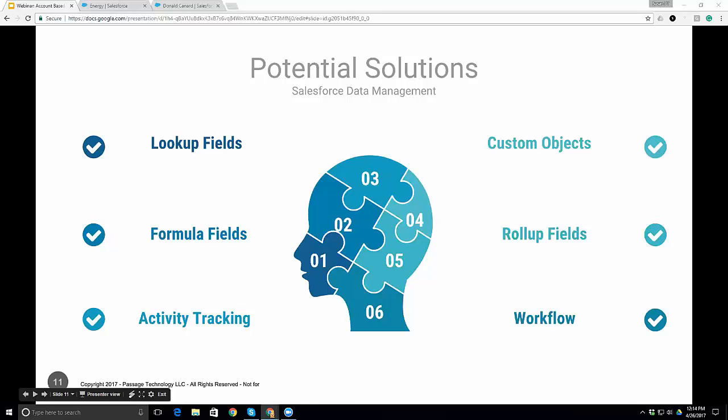Custom objects. Using a custom object rather than a formula field on account brings the added benefit of being able to relate other objects such as contacts, leads, opportunities, cases, and any custom objects you might have like industry, zip code, or projects to aggregate a variety of data. Ideas for some custom objects you might use: tier, region, industry, reporting month.